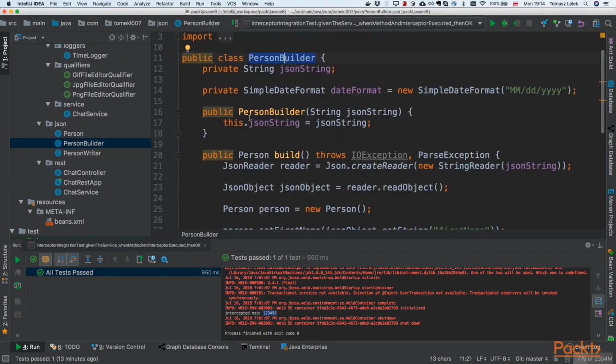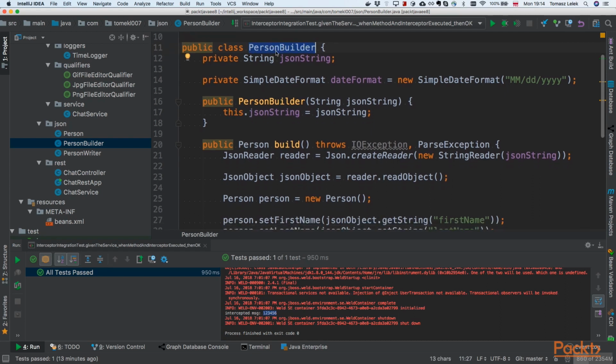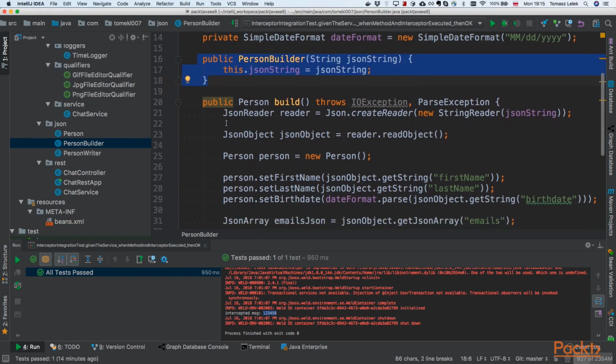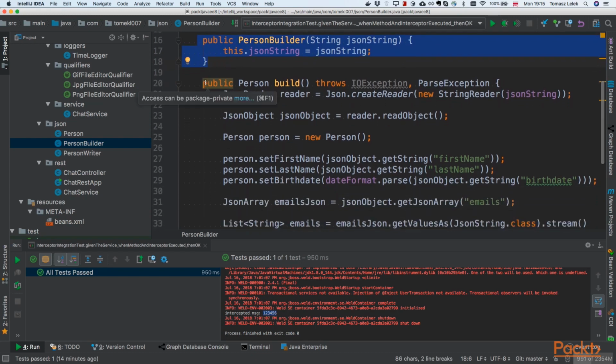Right now, let's say we want to read from JSON file, so we will get a JSON with a lot of persons, and we want to read those persons into Java object. So we are creating person builder. We are specifying date format, so that date format needs to be used when we save data to JSON and read back again. Then we have a constructor that is just taking JSON string, and the most important method is the